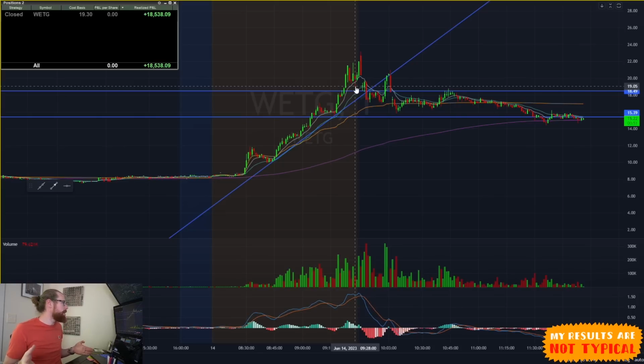But at the same time, green is good. I'm grateful for the gains that I got. I always try to study these charts and ask myself how I can do better next time. So if I see almost the same pattern tomorrow, how can I trade it a little bit better? And if you're always trying to strive to be better, I think that you're doing the right thing. So this has been the anatomy of a trade on WETG,